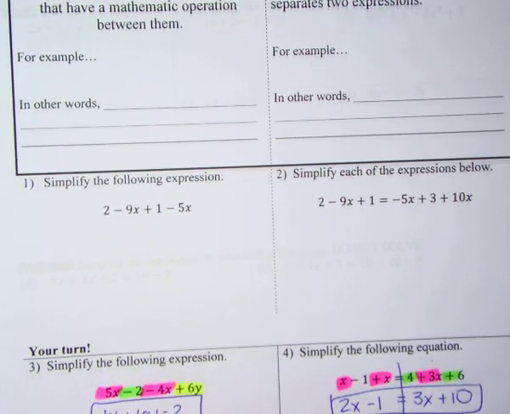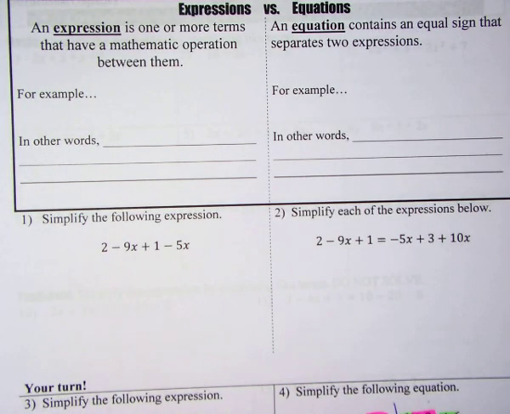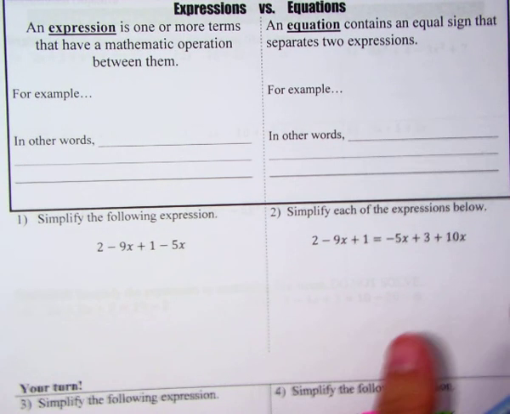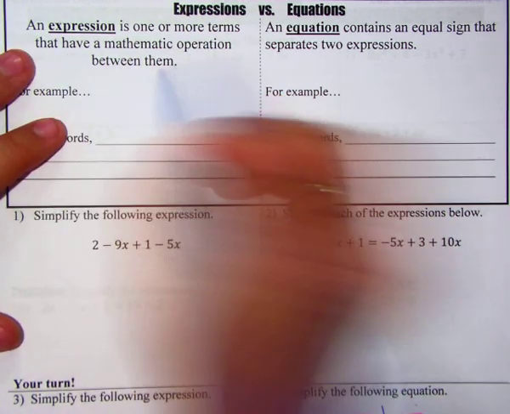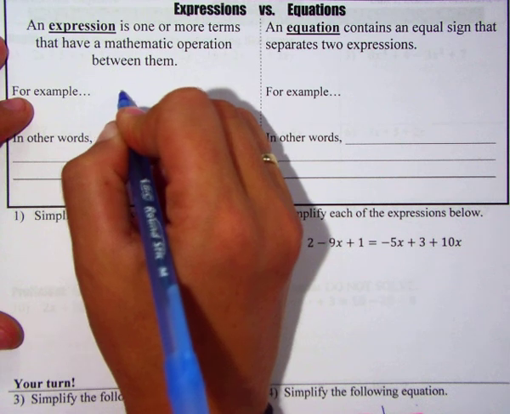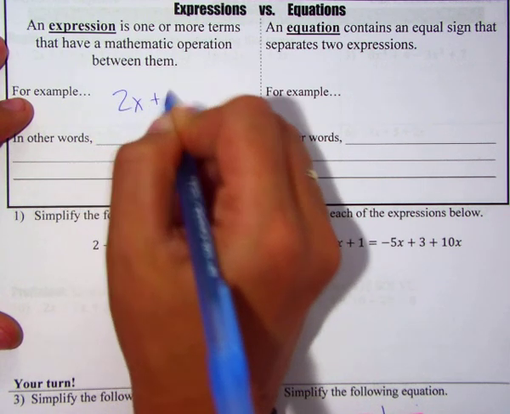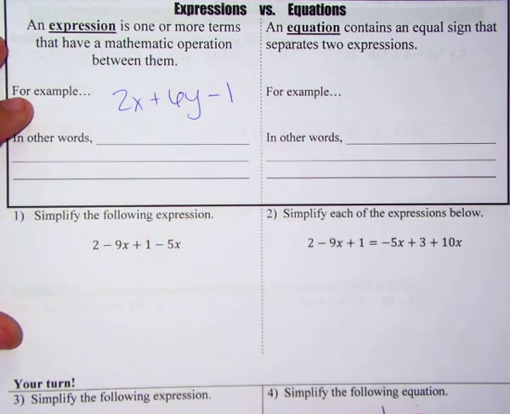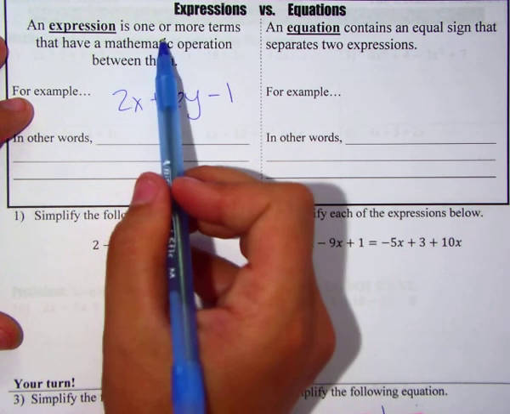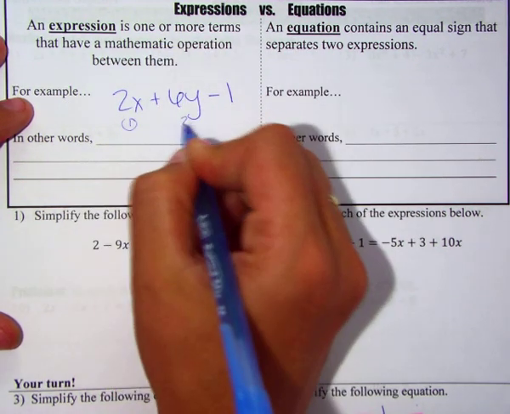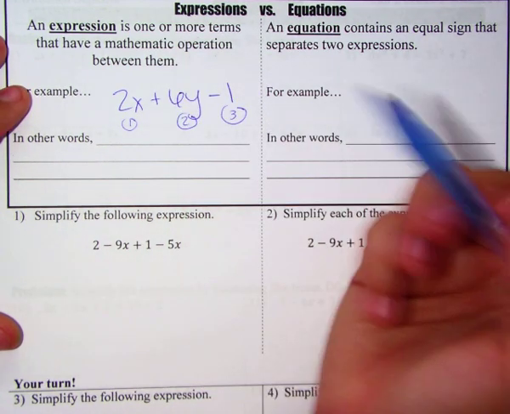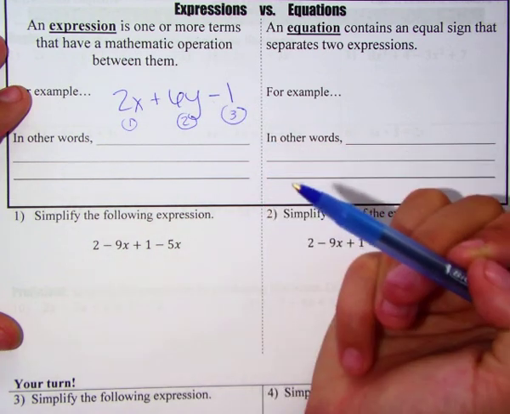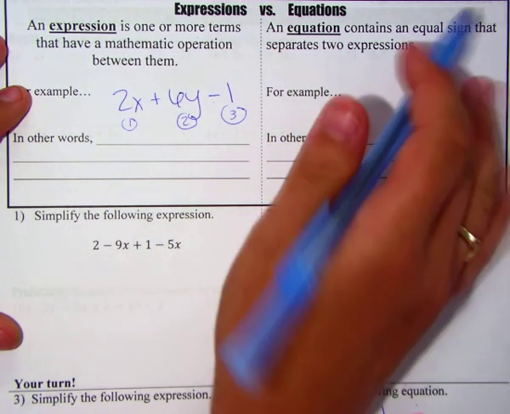So before you move on to do anything on your own, we're actually going to talk about the difference between an equation and an expression. So an expression is one or more terms that have a mathematical operation between them. So an expression is something like 2x plus 6y minus 1. This is an expression because it's one or more terms. Here's one term, here's a second term, here's a third term, that have a mathematical operation between them, the operation being pluses and minuses. Versus an equation